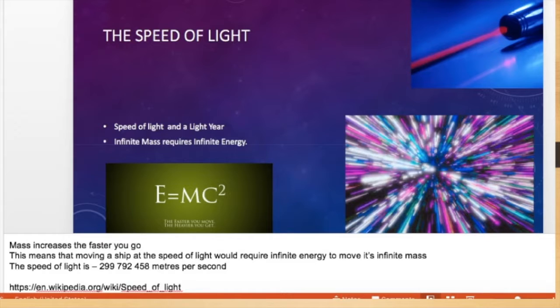What is the speed of light, and why can't we travel at the speed of light? Well, the faster we get, the more mass we acquire, so if we're traveling to Mars, it would take so much energy to move us at the speed of light that we would need an infinite amount of energy to move our heavy ship. Who came up with these laws? And darn it, why have we not met any aliens?